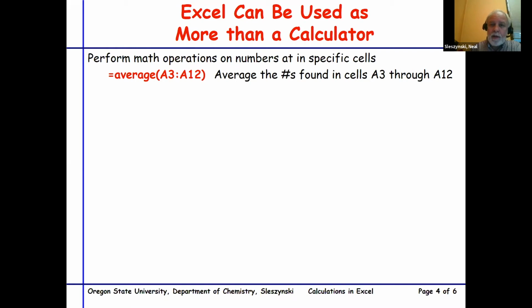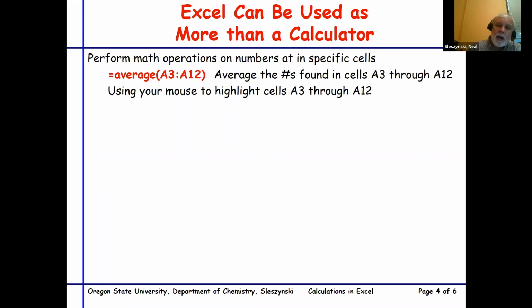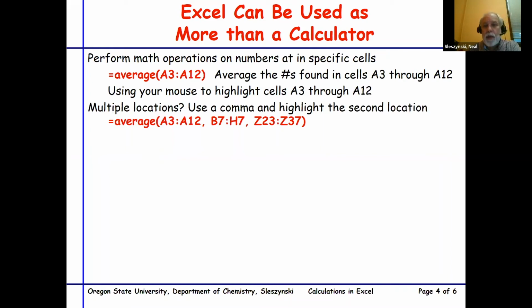All right, so in this case, average equals the numbers found in cells A3 through A12. We can often use our mouse to highlight cells A3 through A12, making it relatively easy to type in the formulas. If we have information in multiple locations, we can separate those locations with commas and then highlight the second location. So equals average of all the numbers in cells A3 through A12 and cells B7 through H7 and